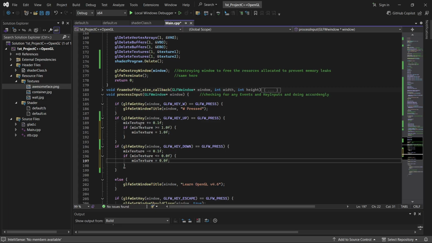So what I'm doing here is checking whether the variable has a value greater than or equal to 1.0. If it's greater than or equal to 1.0, then we just set the value to be 1.0. And here I'm doing the exact same thing. But the problem, as you can see, is first we are incrementing, then we are checking. So what I'm gonna do right now is we're gonna do this, and then we're gonna do it as an else,